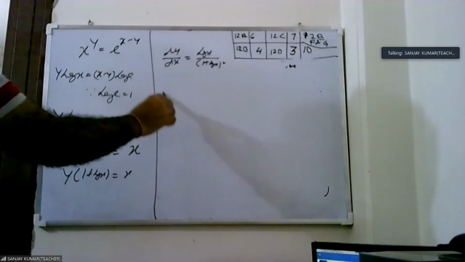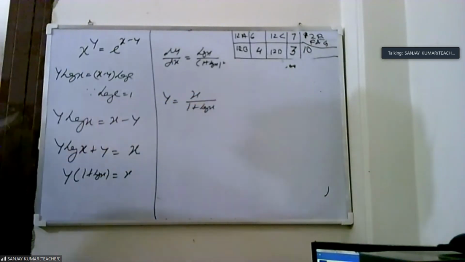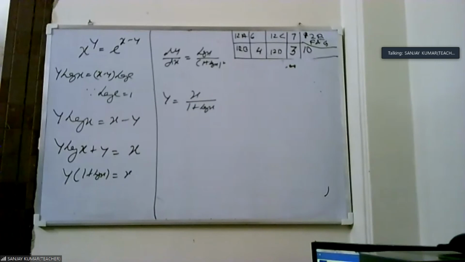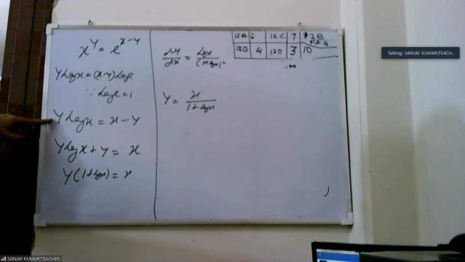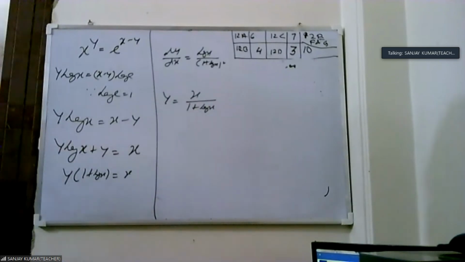Okay, I could have differentiated it here, but we are not differentiating because the answer is 1 upon (log x) whole square. So that means they are using the division rule. So we did not differentiate it here, but differentiation was possible. y log x is a simple product rule, no need to apply this. But because y is missing in the answer, if you differentiate this way, you will still get the answer, but in the final answer you have to put the value of y, because you get y in the answer and y is missing from the given one. So in the starting we get the value of y, then we start the differentiation of this.